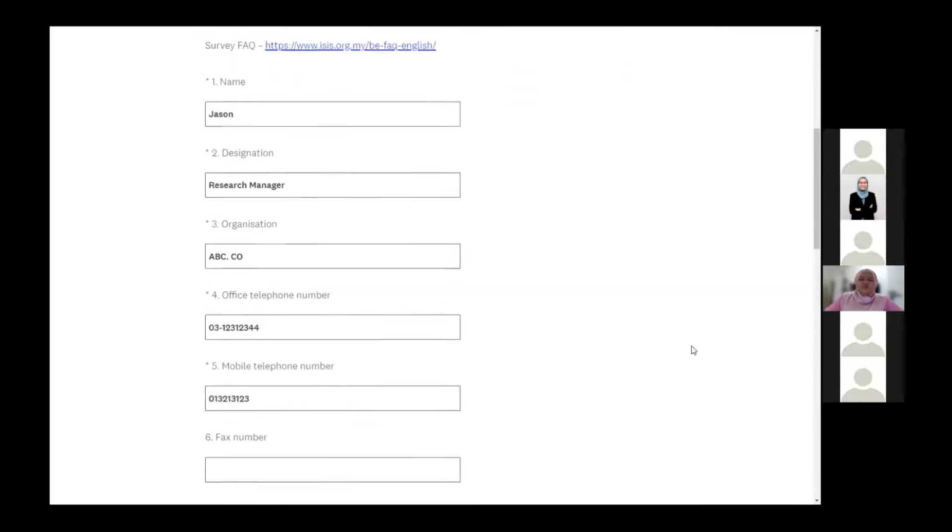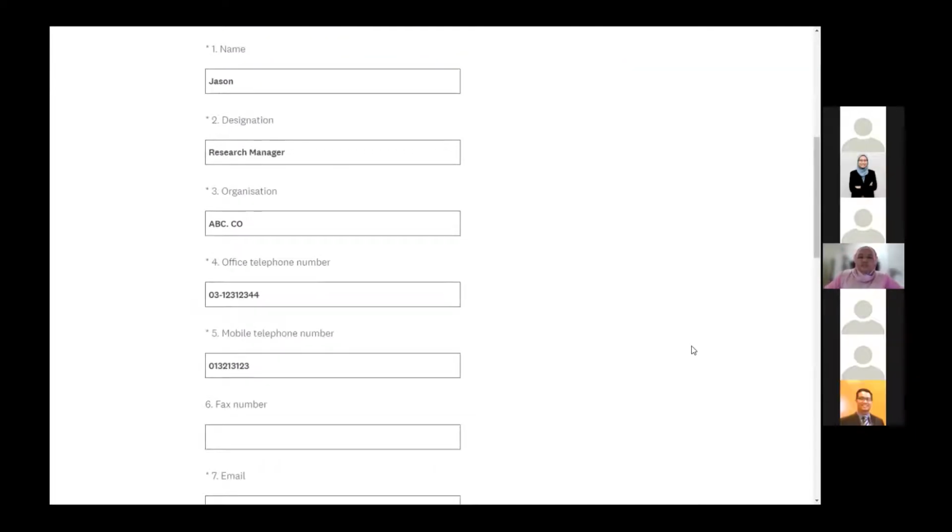So first and foremost, the most important thing in the survey is the name. Name refers to the person in charge. So that means it can be you, the one who is filling this up, so that it is easy for us to contact you. Number 2 is your designation in your organization, be it whether you're a research manager, a lecturer, or even a marketing researcher. It is up to you. But the most important part is the organization. For example, abc.co, because this is where we will register your organization into the database